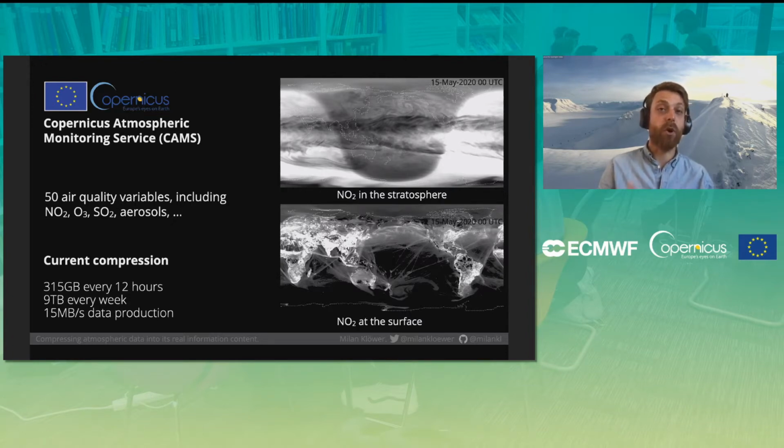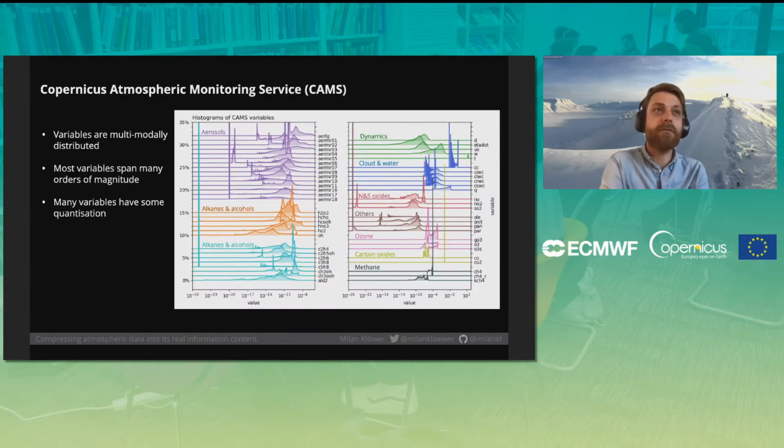If you look at the whole data production of ECMWF, a typical day produces around 200 terabytes of data. So the data archive of ECMWF is roughly half an exabyte. If we could only store the things that contain information and remove all the redundancies, we would gain a lot. The data from the Copernicus Atmospheric Monitoring Service, and this is a plot here that